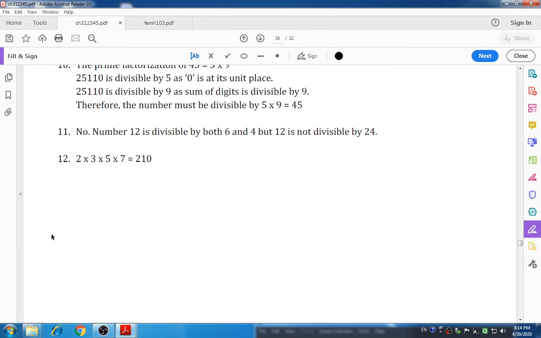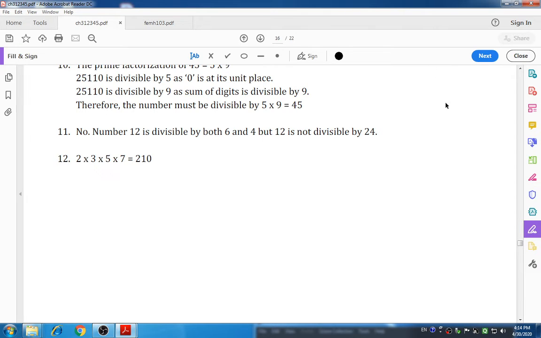Here is the example. And the 12th one they ask: I am the smallest number having 4 different prime factors. Can you find me? Yes, it is 210. Look at here, which are the smallest prime numbers, each occurring only one time. Note that 1 is neither prime nor composite. After that, 2, 3, 5 and 7 are the 4 different prime numbers, and on multiplying we get 210. So 210 is the smallest number having 4 different prime factors.